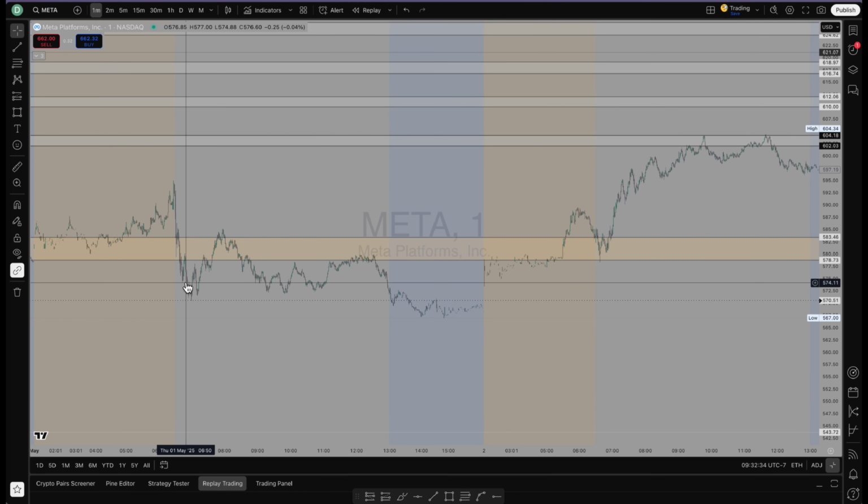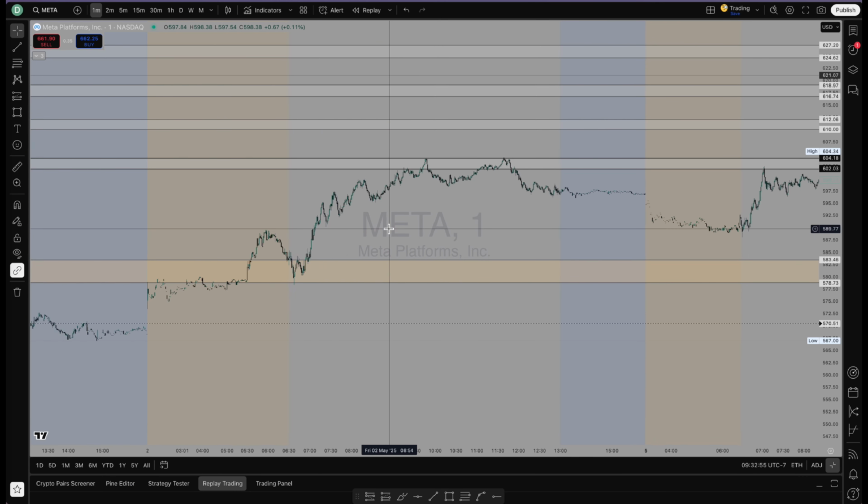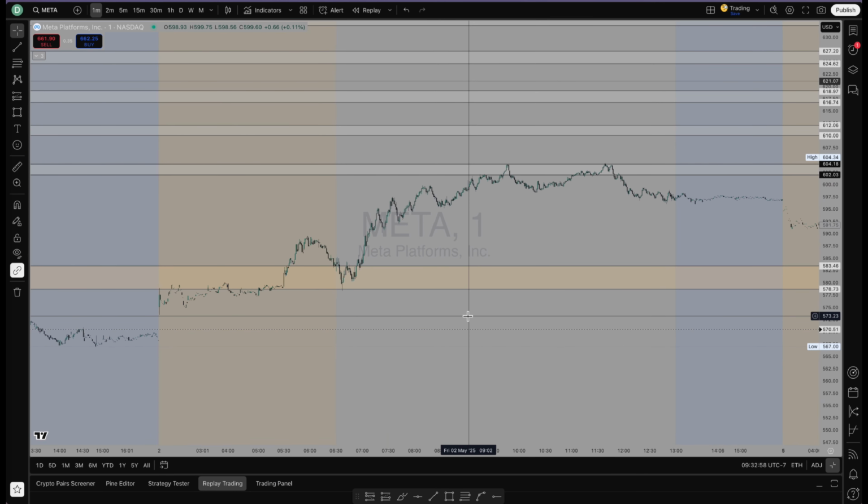As you can see here, on the day where it sold off, it kept on trying to break above, but it would fail. And towards market close, you see that it kept on resisting this 578 level. So in pre-market, when we had broken above it, you can see that even in pre-market, this was a strong area. And when we had broken above it, I was like, okay, let's see how Meta will react around this 578,